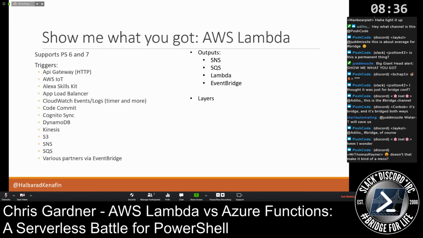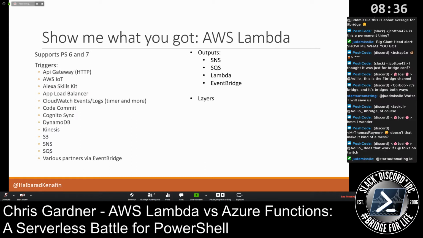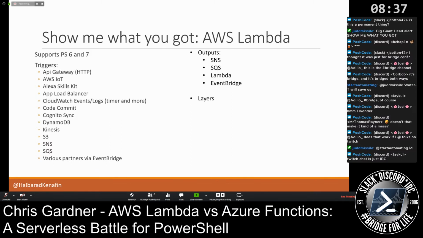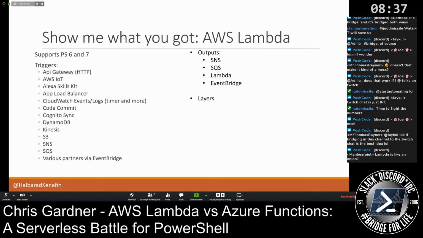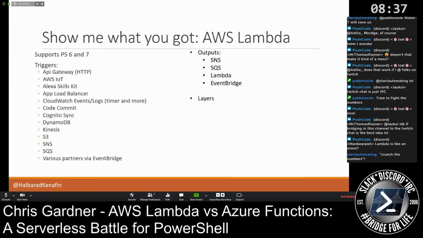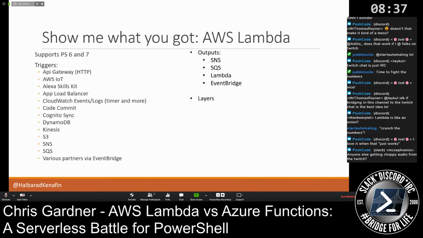One interesting thing Lambda does bring in is the concept of layers. So I can have my code as the base layer of the thing, and then dependencies as additional layers on top of that. If I need to change my code that doesn't involve changing my dependencies, I can just update that, and those layers will always be available for me, so I don't have to worry about them. It also means you can chuck stuff like random zip files and exes and whatever else you need for your code to run in there, and it'll all be available to the Lambda as it spins up. So they're pretty interesting to play around with.